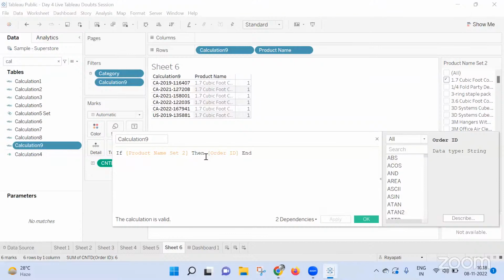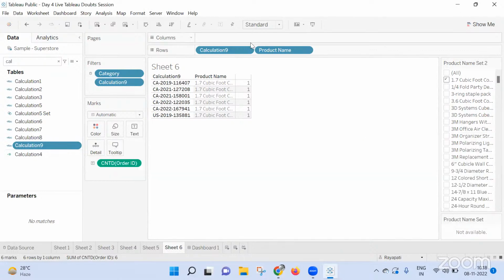So if I have to make these order IDs constant, then how do I make them? How do I make order ID constant? Okay, if I select a product in here,